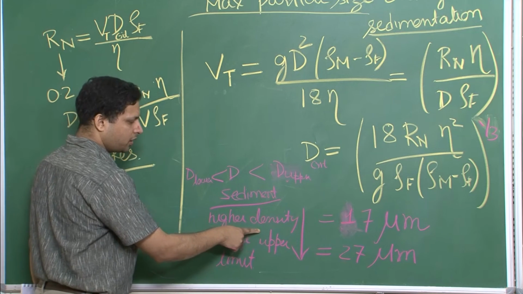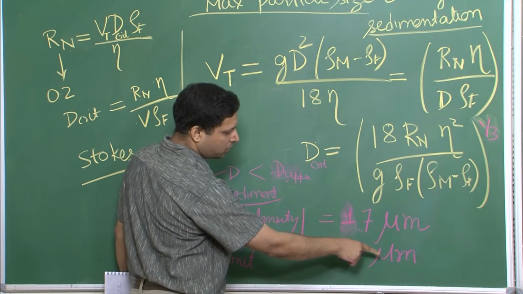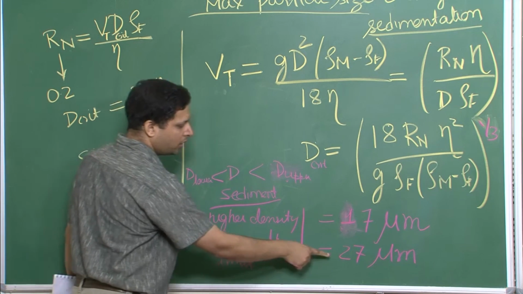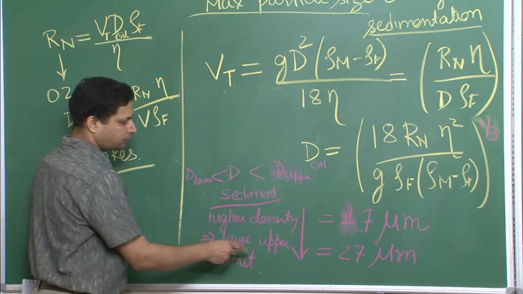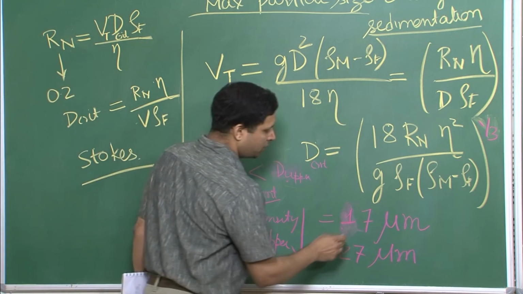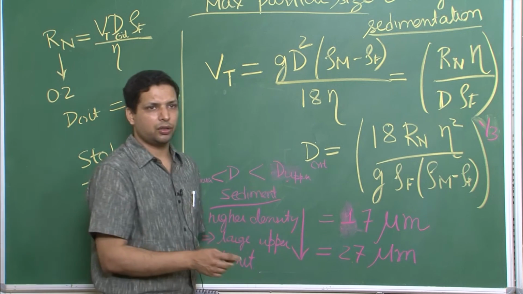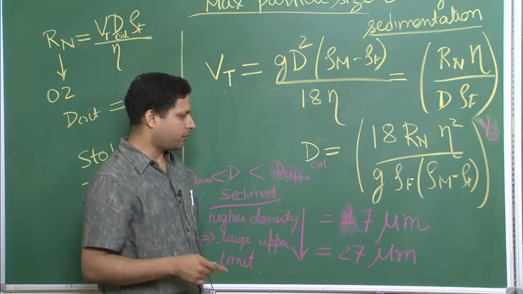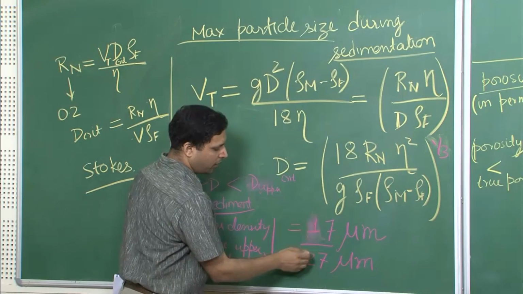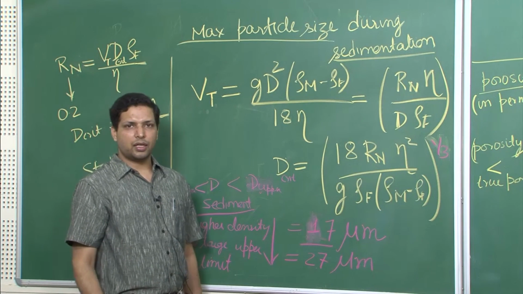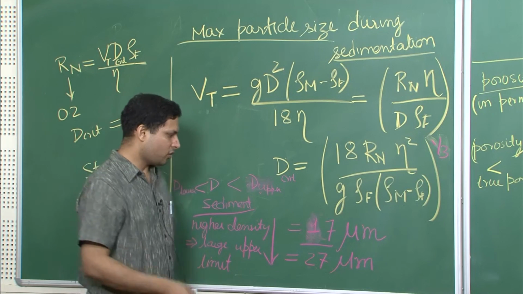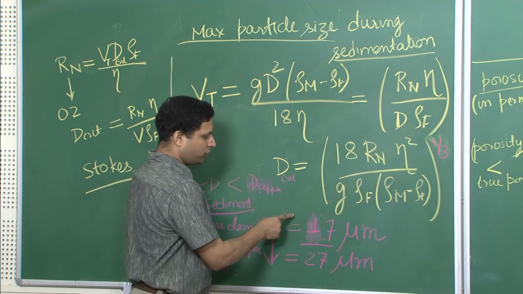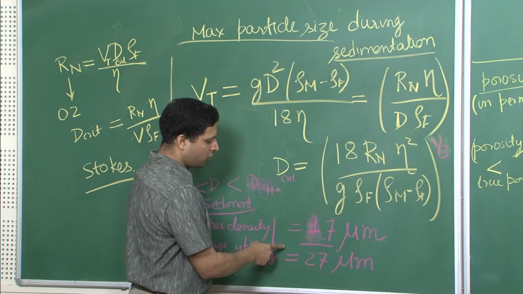So, when you increase the density, from the 1.2 kg per meter cube fluid to the 1000 kg per meter cube fluid, which is water, our particle size limit has increased. But what is interesting is that the magnitude of increase here is very small. We have increased the density 3 orders of magnitude and viscosity 2 orders of magnitude, but the size has increased by only 50%. That is a small increase, although it will be very significant because your lower limit may be of the order of 1 or 2 microns. So, we are talking about 2 to 17, and then 2 to 27.